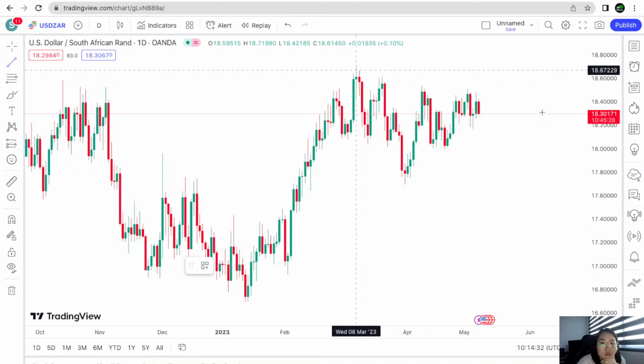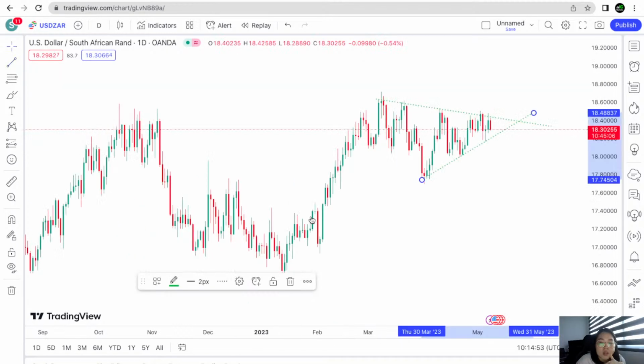If I see price moving in a triangle, I immediately think of Elliott wave. Usually when price is moving in a triangle on the charts, it means that on Elliott wave, it's moving in wave 2 or wave 4. Wave 2 or wave 4 is usually a pullback wave. I'll give you an example. If to begin with, price was in an uptrend, and then a wave 2 and wave 4 forms, usually it's just a continuation of the uptrend.